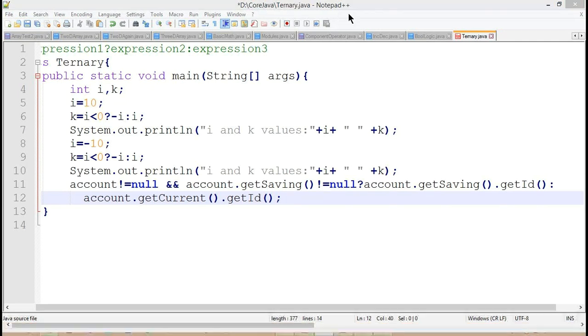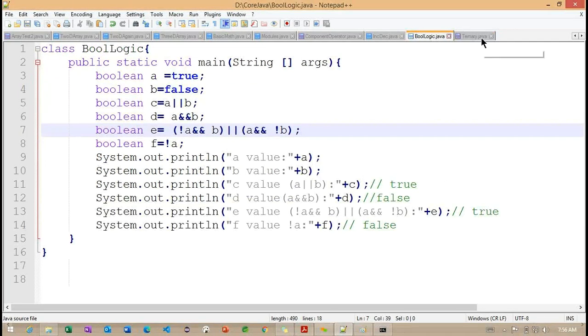Okay. Any questions regarding this? What we discussed so far is the Boolean logic as well as the ternary operators. Inside this Boolean logic, we did not discuss less than and greater than.